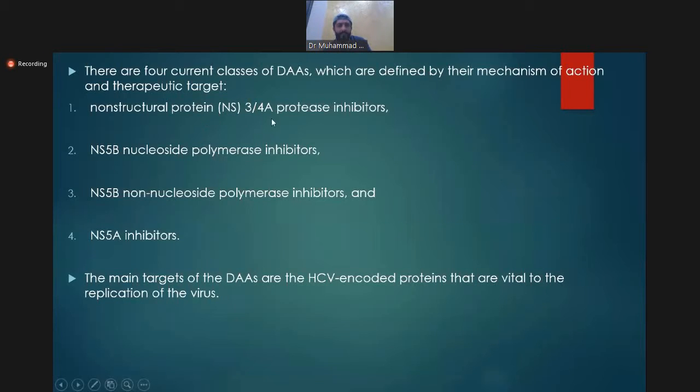Non-structural protein NS5A protease inhibitors. Then you have the NS5B nucleoside polymerase inhibitors. Then you have the NS5A inhibitors and NS5B non-nucleoside polymerase inhibitors. So the main targets of the drugs are the HCV encoded proteins that are vital to the replication of the